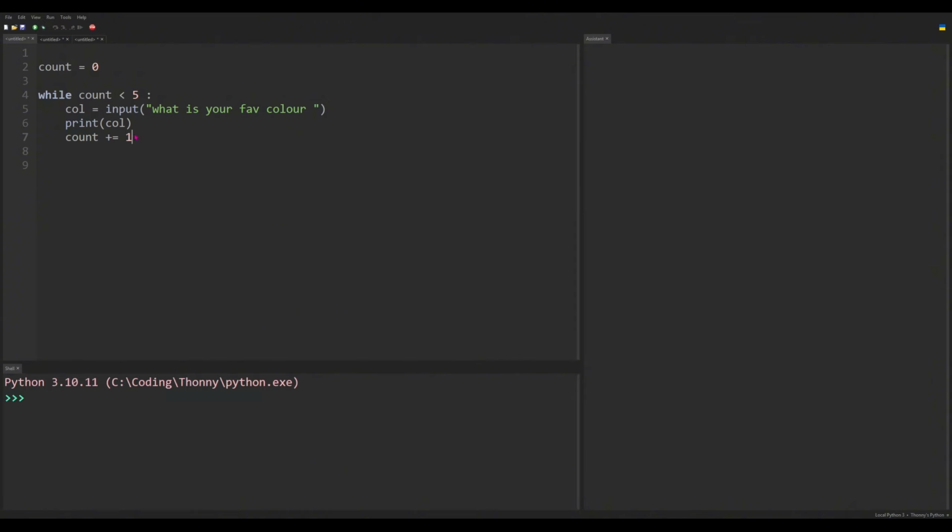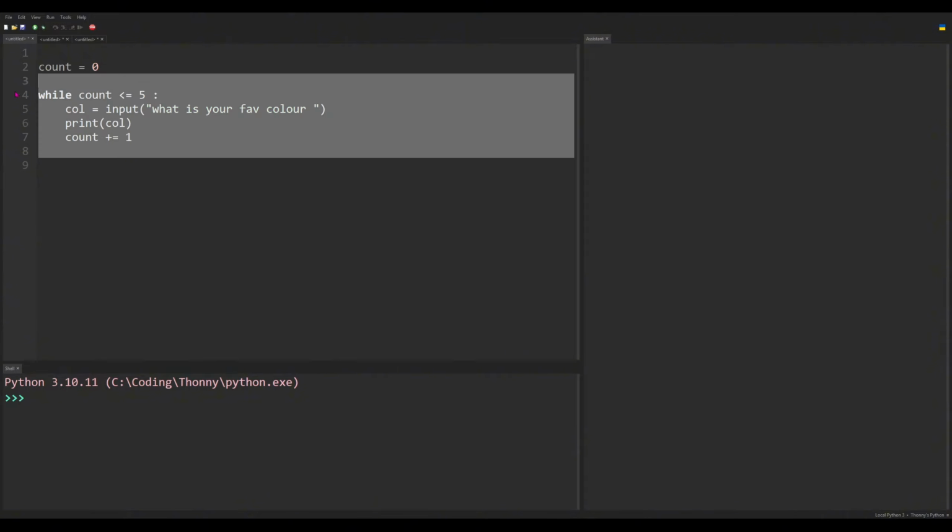And that's basically it. And what if I were to put equals? What this will do is make it so count is less than and equal to 5. So it will go up to 5 instead of 4. So that's what it is. Okay. So lastly,